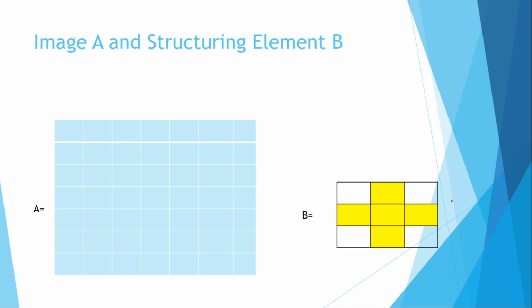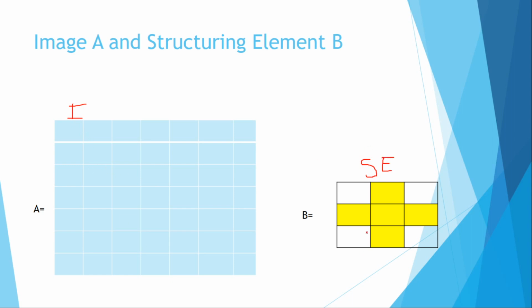So in this image A and the structuring element B is there. For sample analysis purpose, I am considering the image in terms of a grid format in order to show how to place the structuring element on the image of A. I am considering the grid format over here. In this, the element of A represents an image, and the B represents a structuring element. Already we discussed the structuring element is indicated by SE.